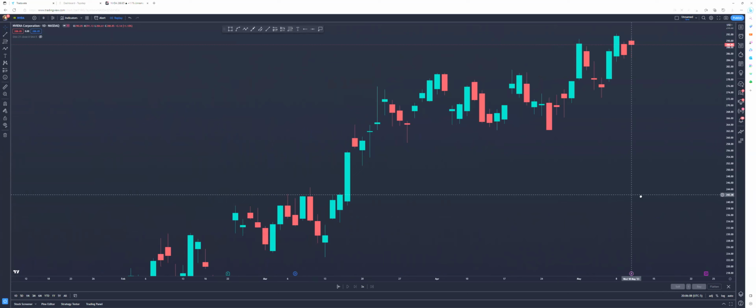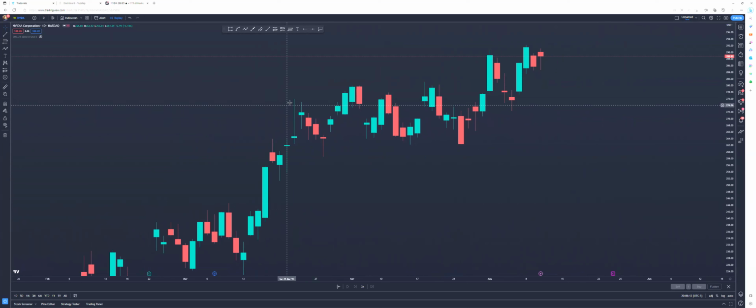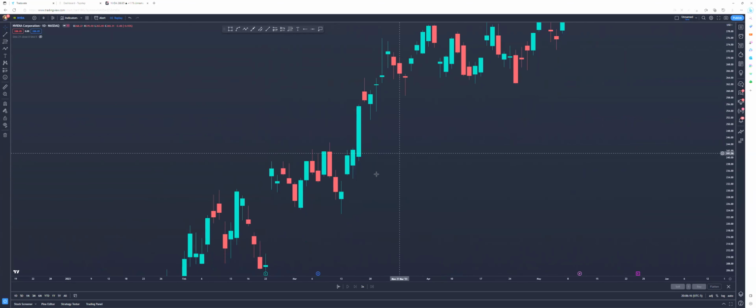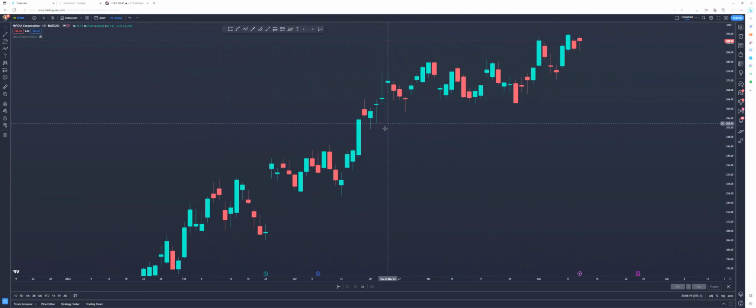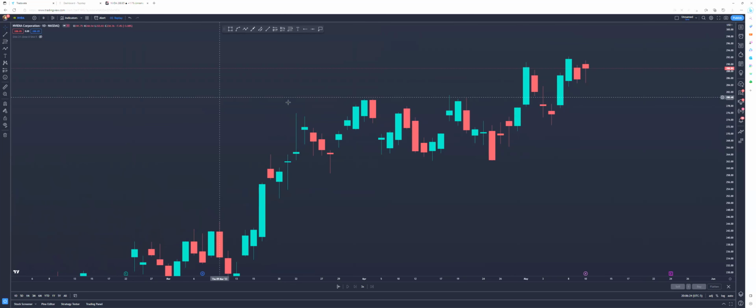Okay, so when we're looking at the video, we had this uptrend, correct? Everybody see this? This is a clear uptrend. Can everybody agree that this is an uptrend? Okay, cool. We have this high point and we had a pullback. Did we break structure right here? Did we make a new high? Yes, right? So is this an order block now? Do we make this valid? Yes, right? So let's draw it.